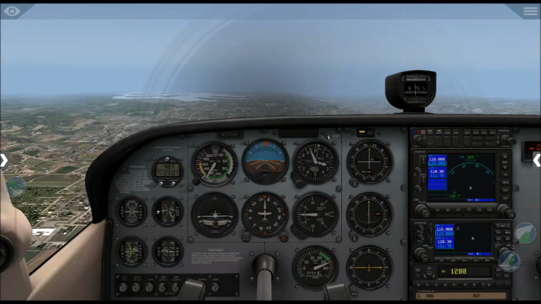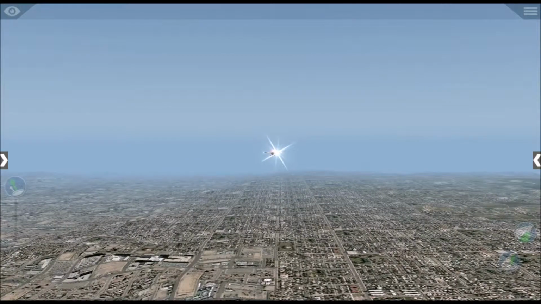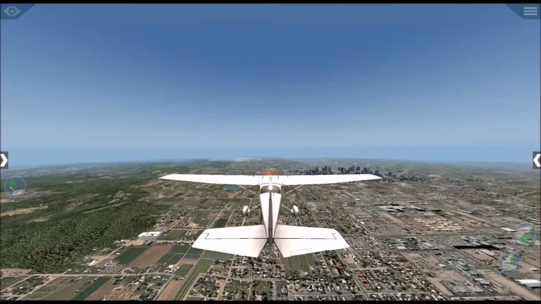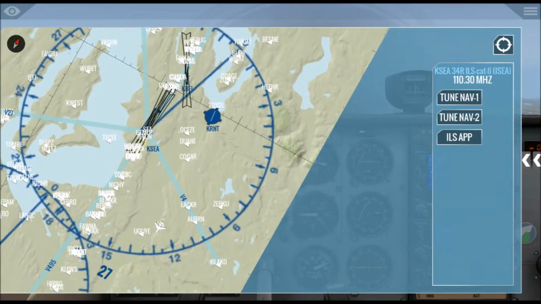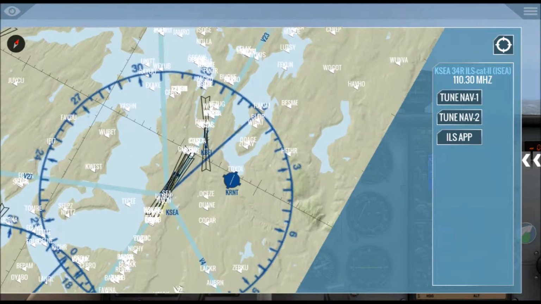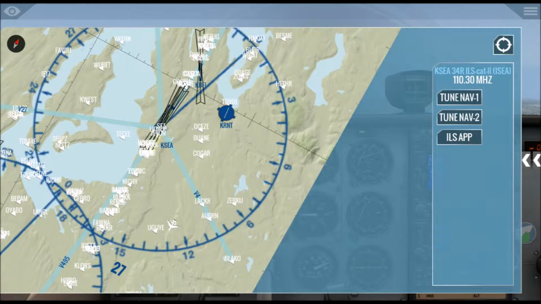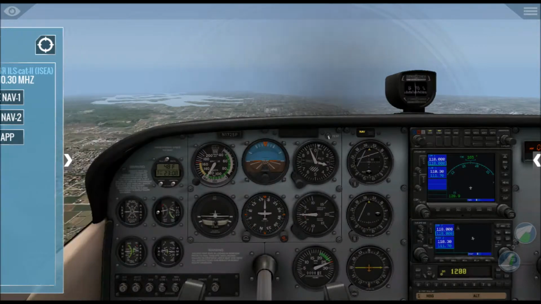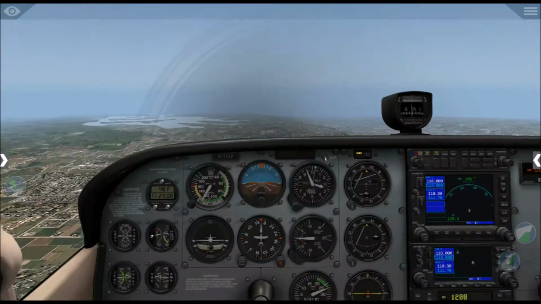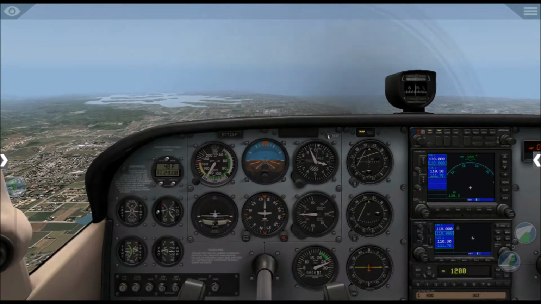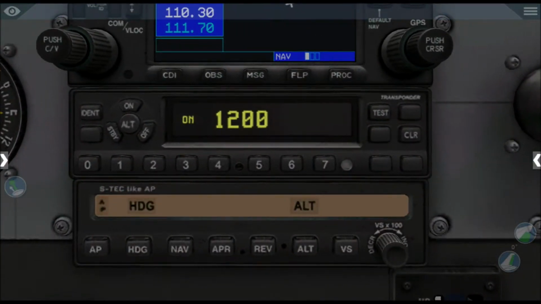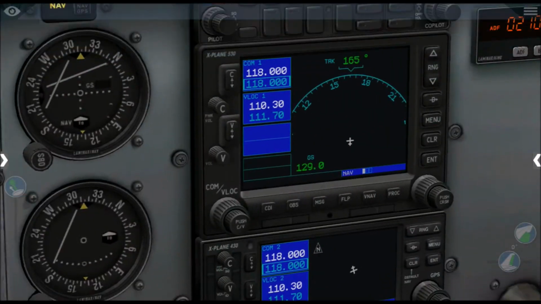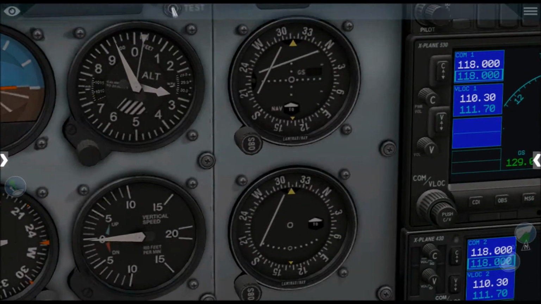Welcome to the Aviation Channel. Today we're going to be flying the Cessna 172 SP, also known as the Cessna Skyhawk, and we're going to be landing this plane at KSEA, runway 34 right at Seattle Tacoma International Airport. The way we're going to do this approach is by using the autopilot to make an auto land ILS approach. We're going to use the ILS beacons, I believe, on the runway, which stands